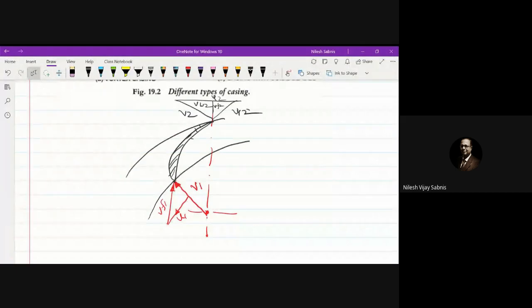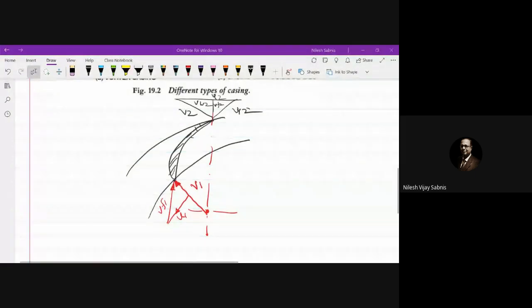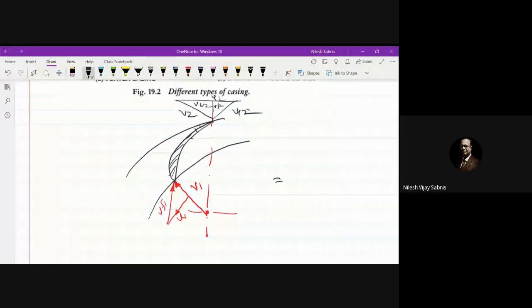So, in case of a centrifugal pump, what we should know is the work done, and that work done is given by a simple formula. We don't require the derivation. Just remember 1 by g VW2 U2, because what is happening, VW1 is here 0. As we know, work done